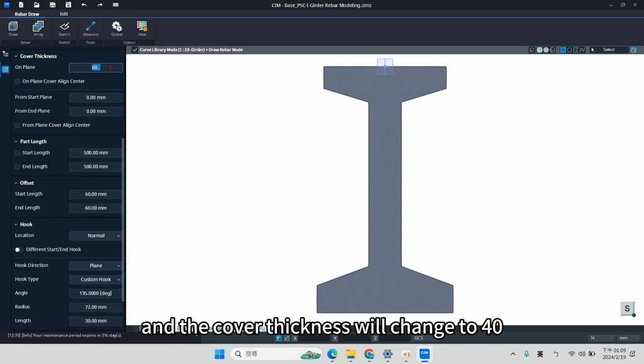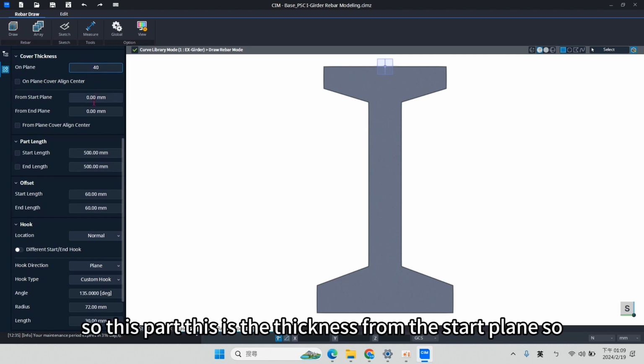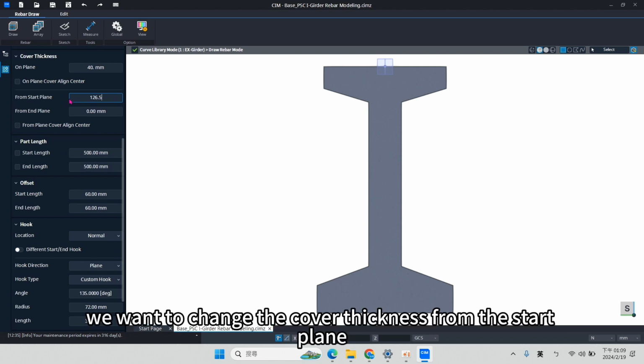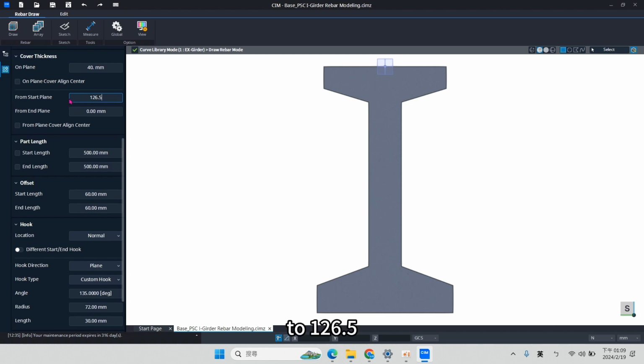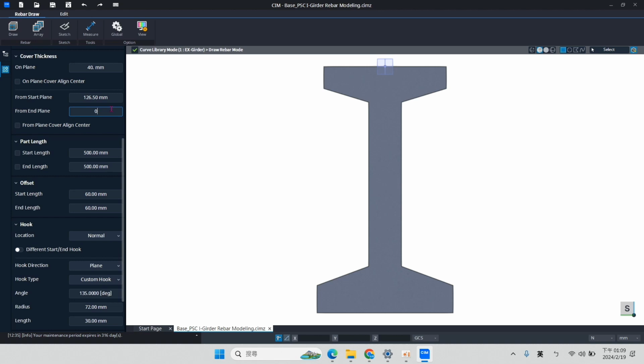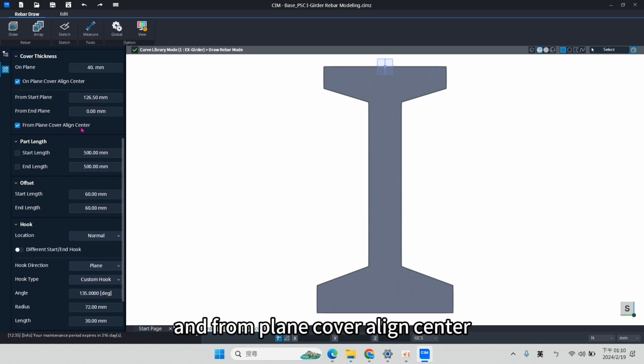And the cover thickness we will change to 40. So this is the thickness from the start plane. In this part, you want to change the cover thickness from the start plane to 126.5, but the end plane does not have any cover thickness. We also want to click the on plane cover line center and from plane cover line center.